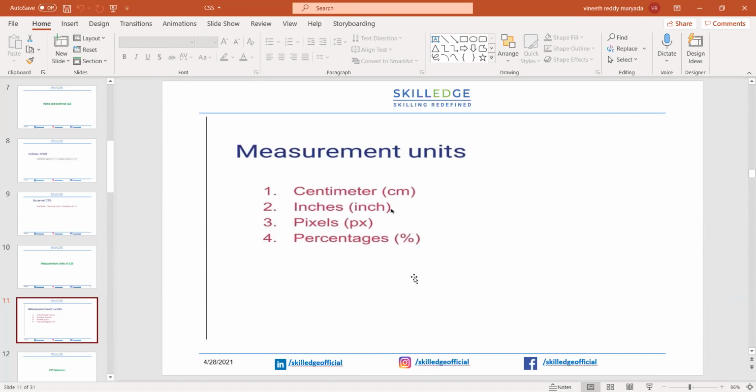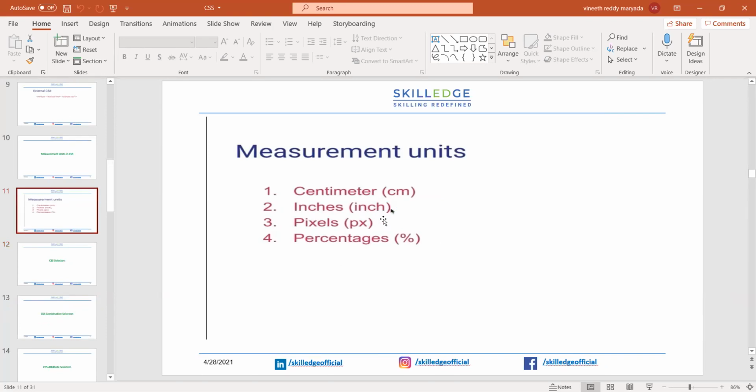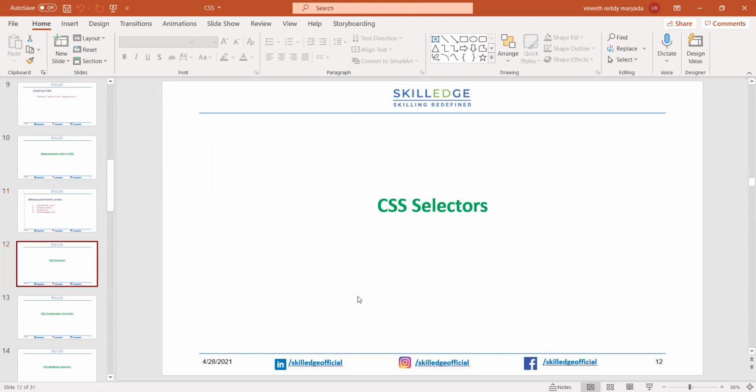There are four measurement units, and we can give the size or styling based on these units. Guys, are these measurement units clear? Mostly we will use pixels or percentages. Next, what are CSS selectors?